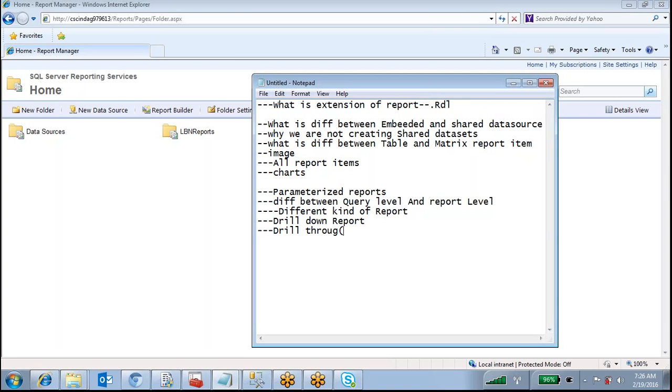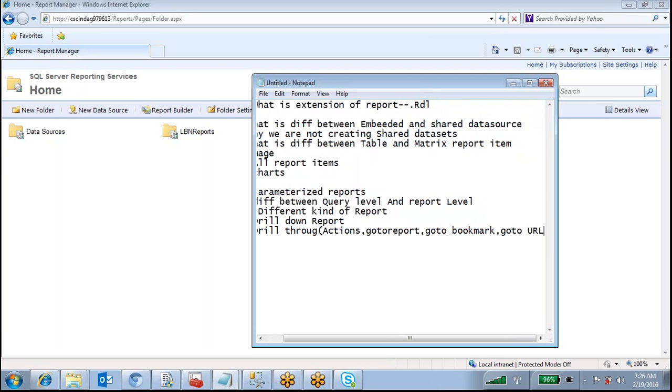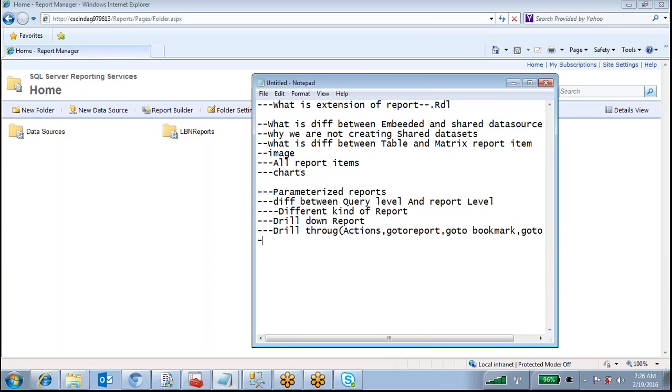That means actions. We have three kinds of actions, right? Go to report, go to bookmark, go to URL. And sub report, cascading reports, cascading parameters.